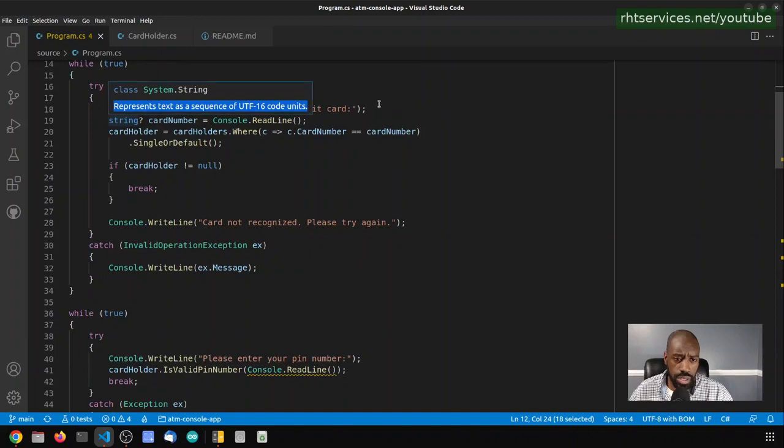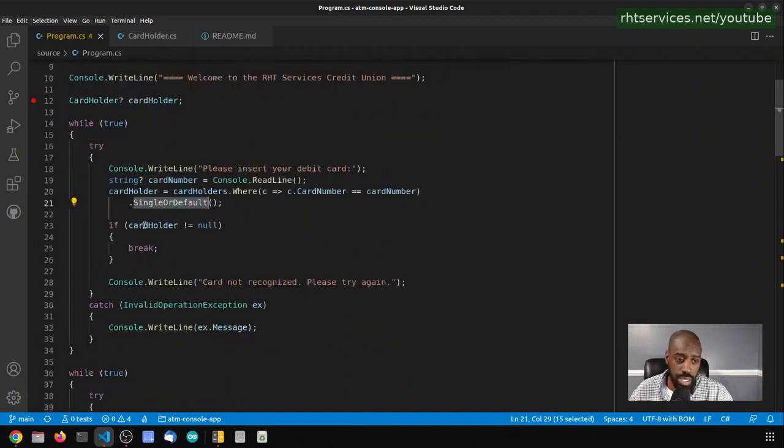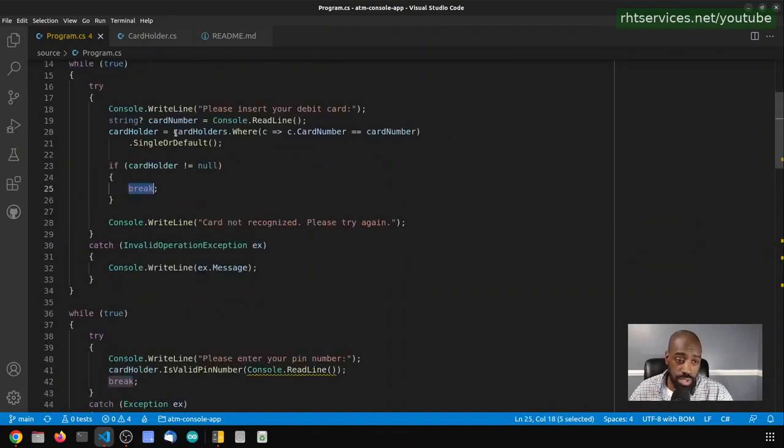All right, first, you insert your debit card. So basically, you enter the card number, and I corrected that issue with the first or default to single or default to make sure that we are only getting one card number that is valid up here. If the cardholder number is null, then we exit out of the loop because,